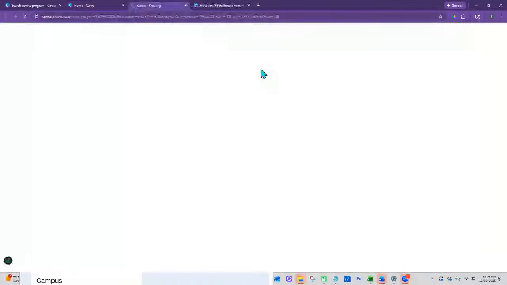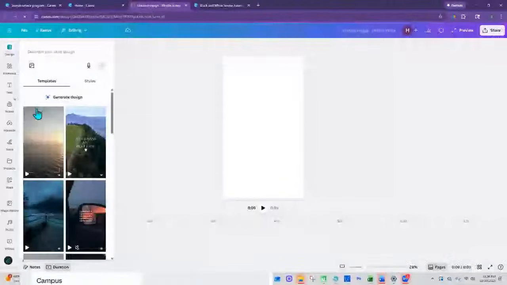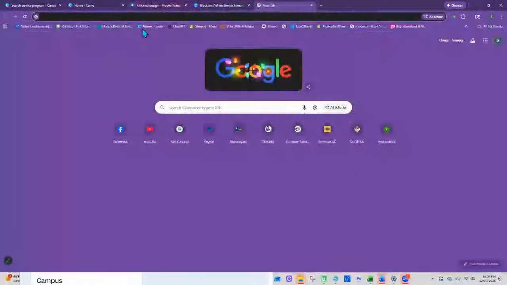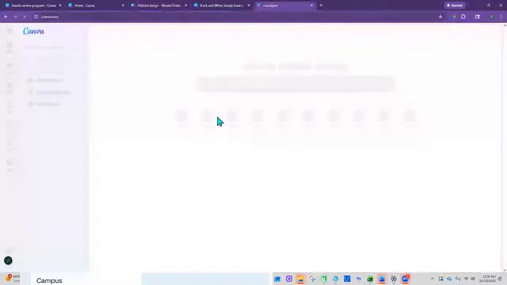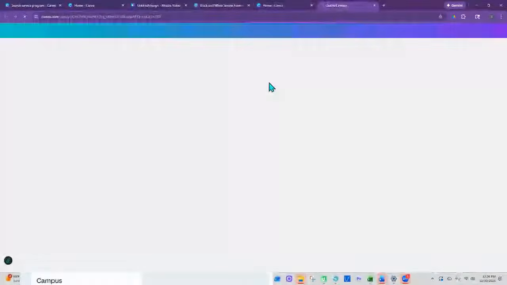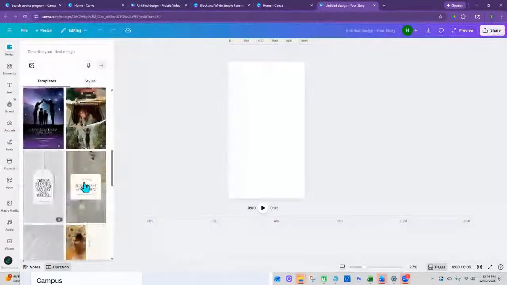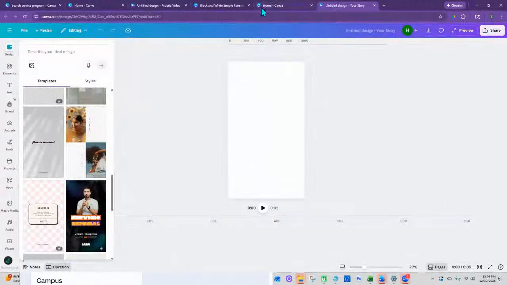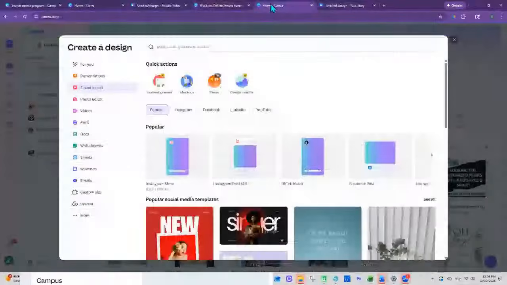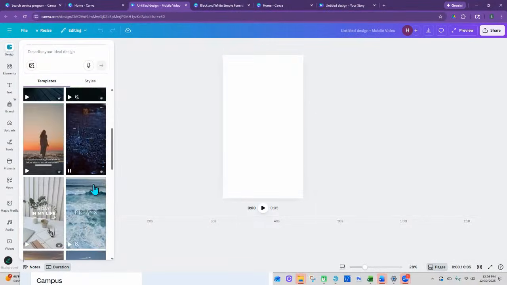So if I click on TikTok video and then I go into designs, I'm going to come back over here. We're going to go to Canva. I'm going to click on social media, click on Instagram stories. So you see the options were different. Even though the sizing is the same, they tried to almost predict what you may be coming here for, because each of these programs does have a different type of aesthetic. So the options are going to be different